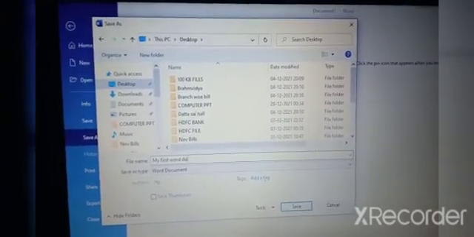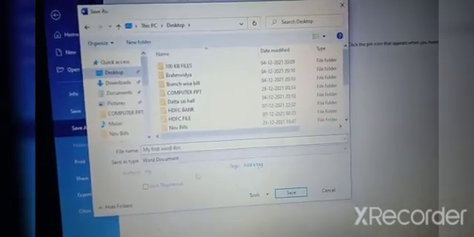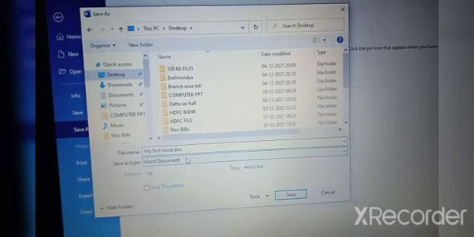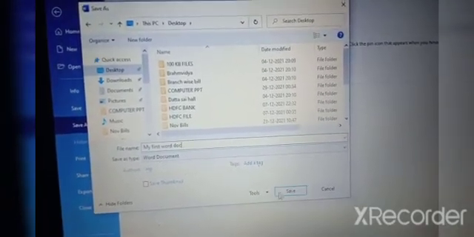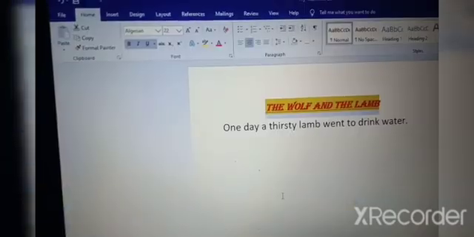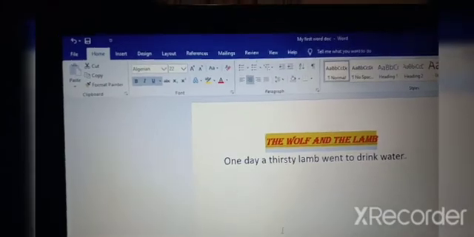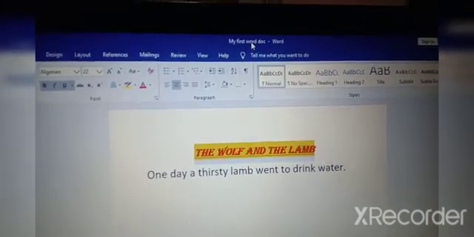Now see, this is Word document and save as type Word document. Here it is. Now I will click on the save button. This file is saved.